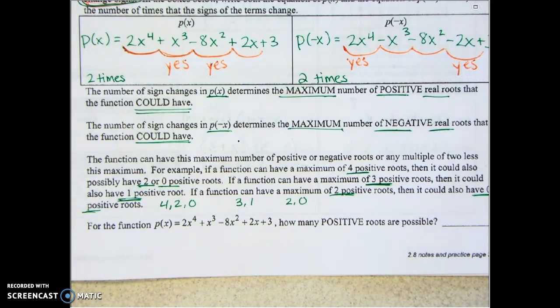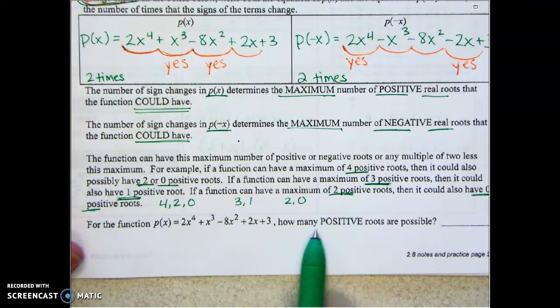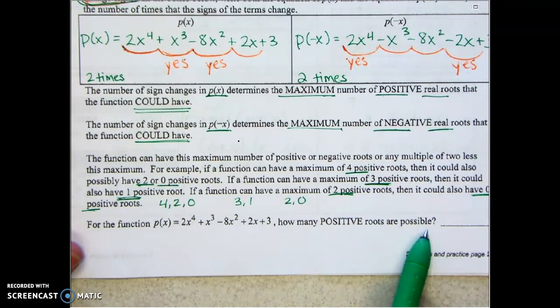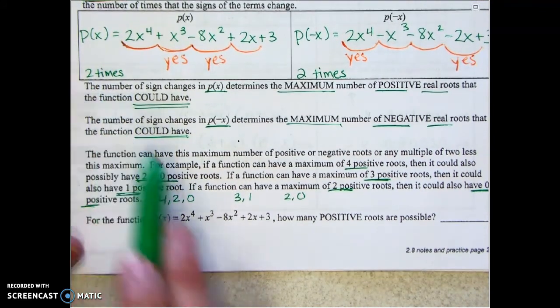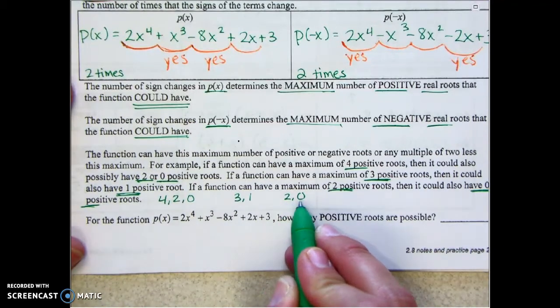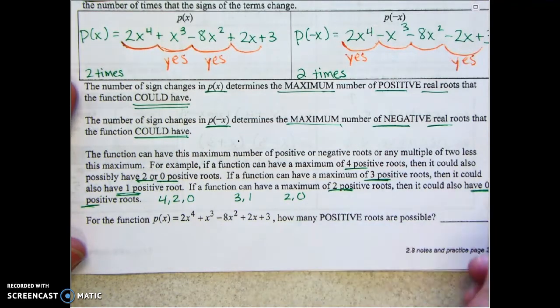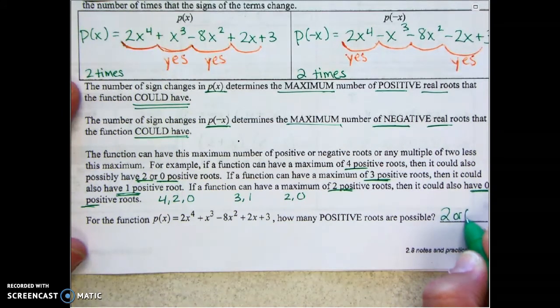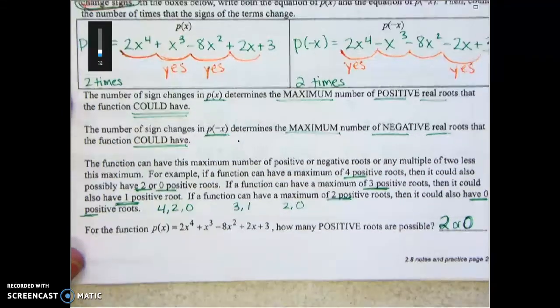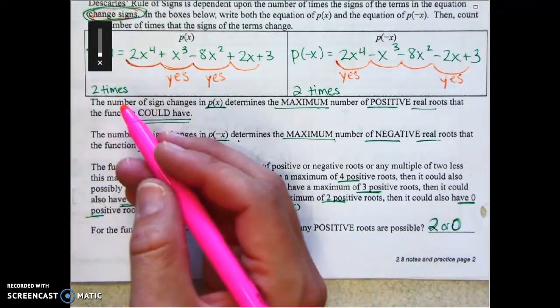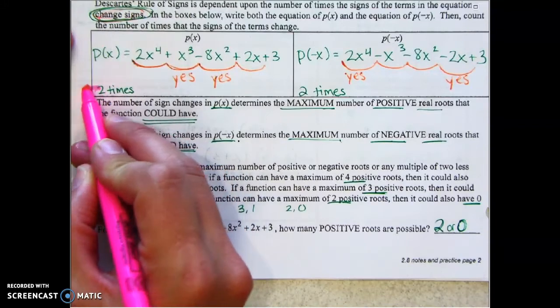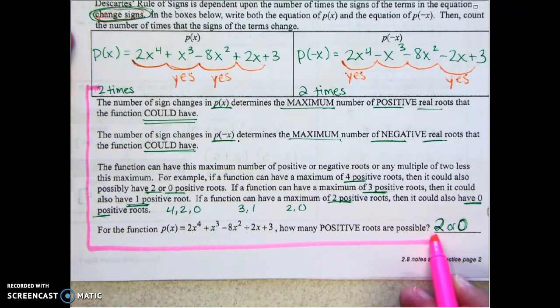Okay, that's what we're going to see to start with, and we'll get more examples if we need to. Okay, so for this function, how many positive roots are possible? Well, what was the sign change? What was the sign change? 2. So we're going to have 2 or 0. So 2 or 0. Where did the 2 come from? The number of sign changes, because that's Descartes'